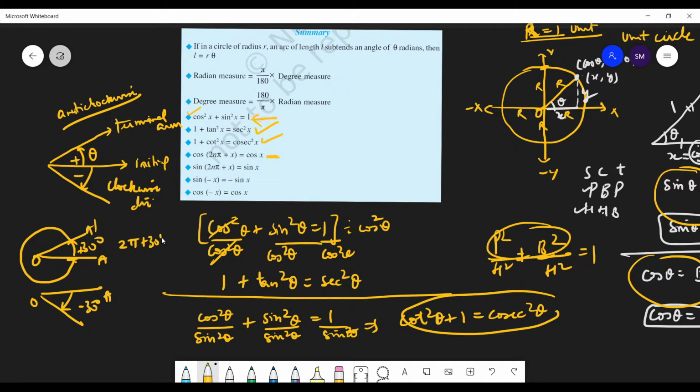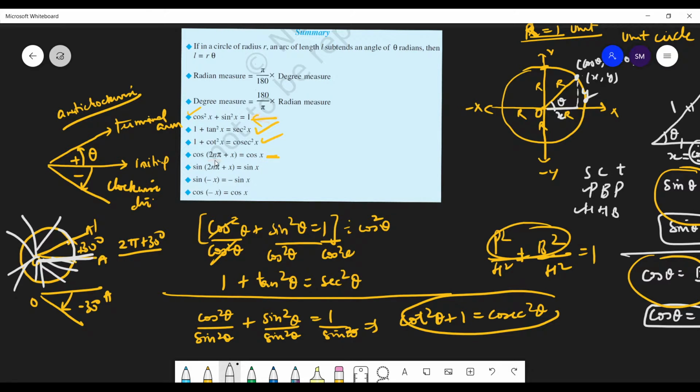So 2 pi plus 30 degree. See, where will your terminal arm be? You have started rotating this arm, and here the arm will be here. And after 360 degree, it will be at the same position. Now, the same thing starts again. So this is a periodic function. We call it periodic when the value starts repeating. Here the value starts repeating after 360 degree, 2 pi radian. So we call functions like sine function, cos function periodic functions. After a certain period, the value starts repeating.